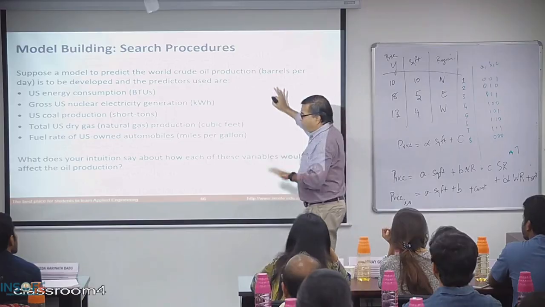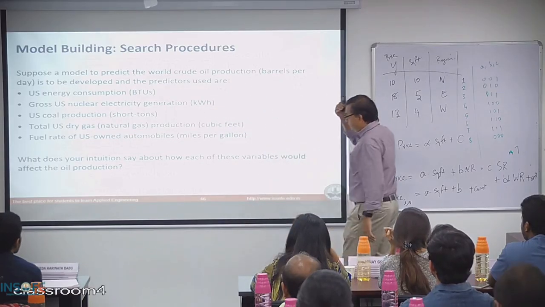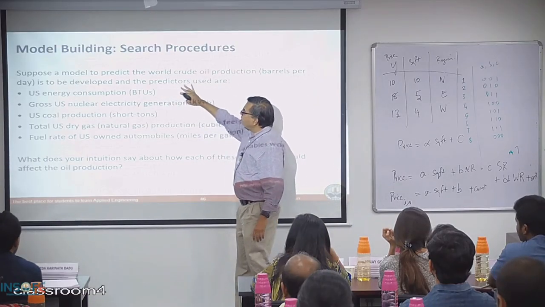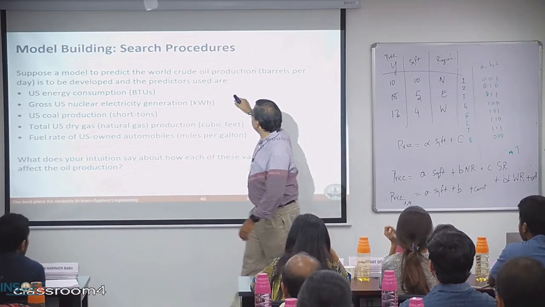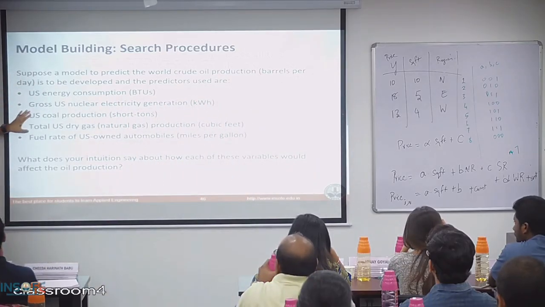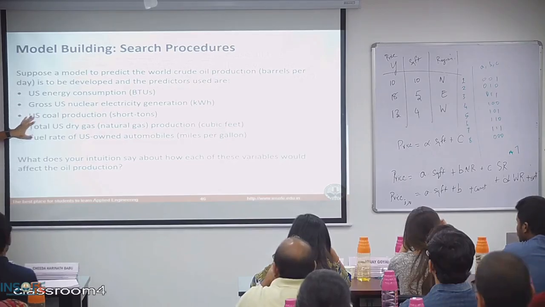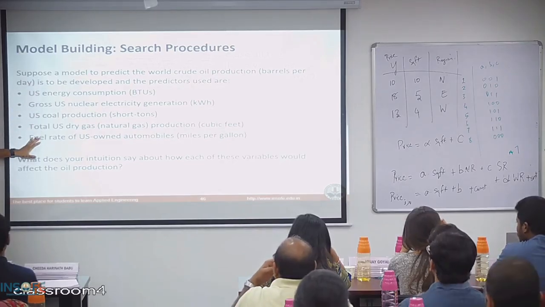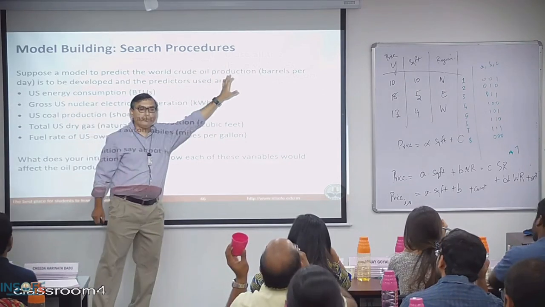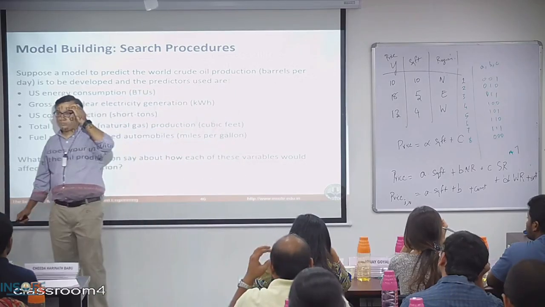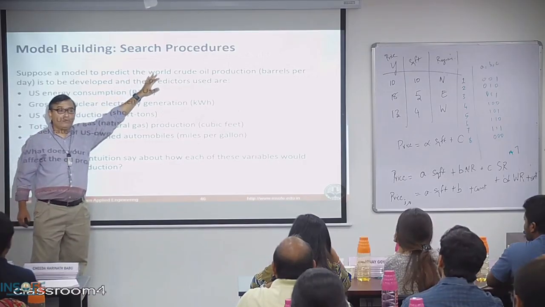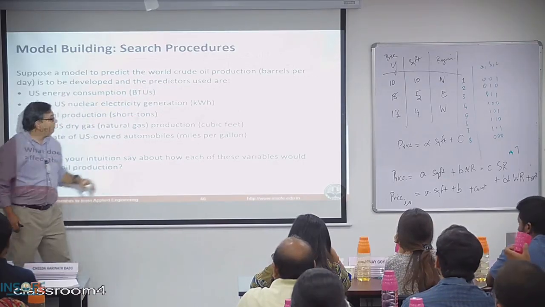The way we are going to talk about it is through an example. I have a data set here, US, which contains the US energy consumption, the US nuclear energy generation, US coal production, dry gas production, and fuel rate. All of this data is given to us, and we are asked to predict world crude oil production using these numbers. So world crude oil production is what we need to forecast. That's our Y value, and we are given 1, 2,